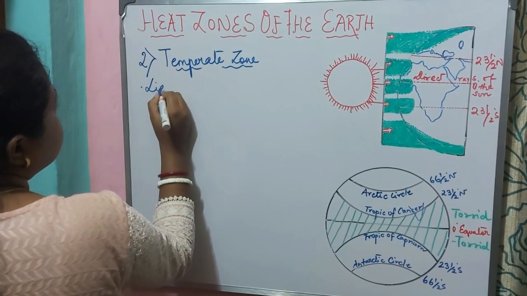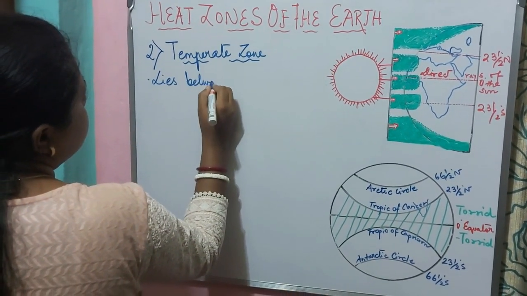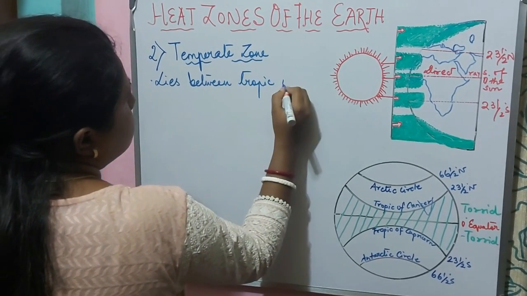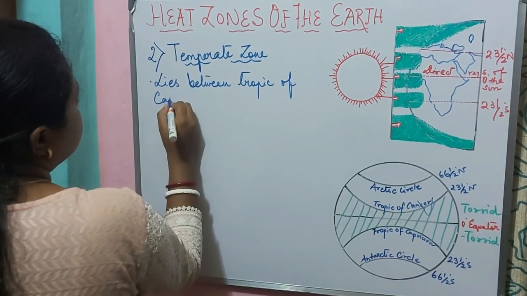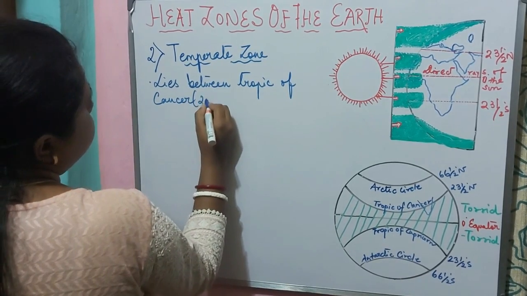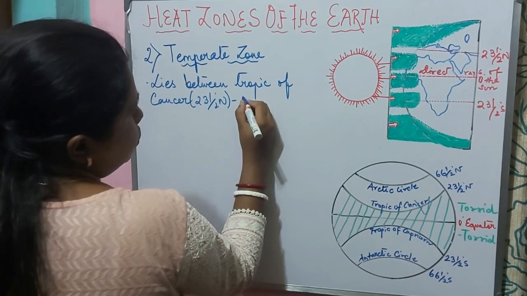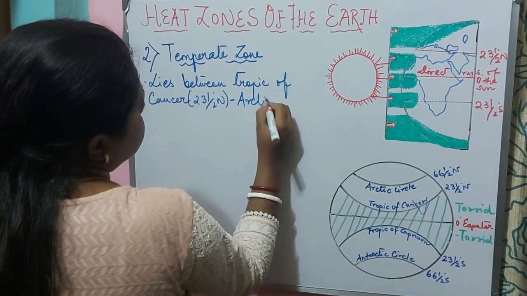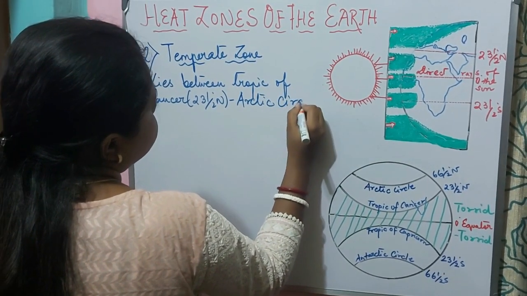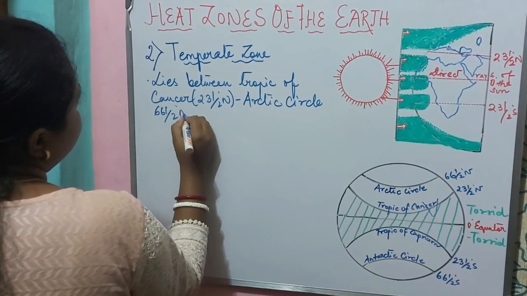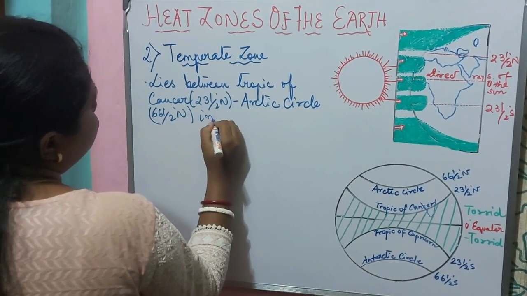So it lies between Tropic of Cancer, 23.5 degree north, to Arctic Circle, 66.5 degree north in the northern hemisphere,